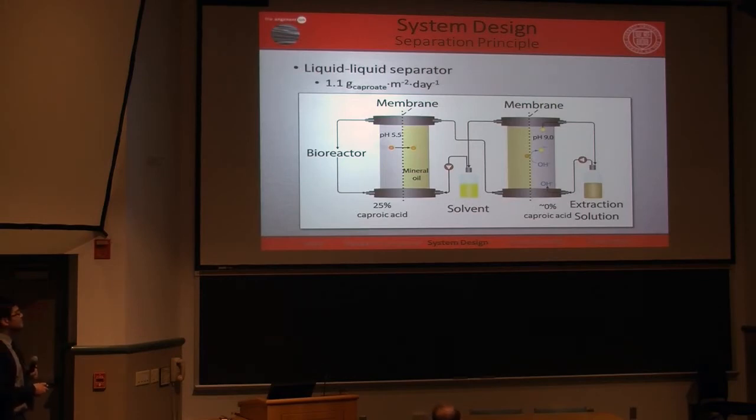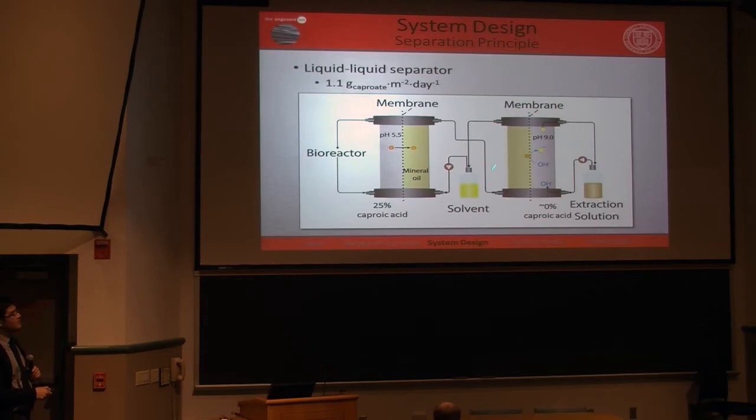And what we did was run this hollow fiber membrane, which is basically just two chambers with a membrane separating the two lines, and we filled this line with mineral oil with TOPO, which is a solvent that particularly increases selectivity for longer chain carbon. So it's able to collect more of the carboxylates. So you end up getting transfer of caproate through into the mineral oil, which is transferred through pumping into